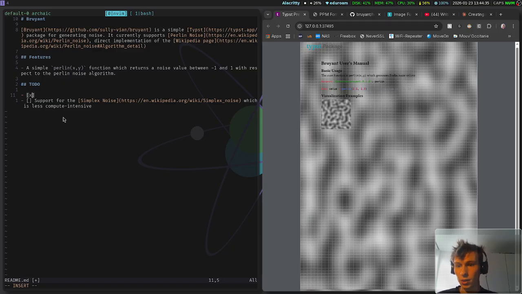And here image generation, but it's not really a feature. In manual instead of